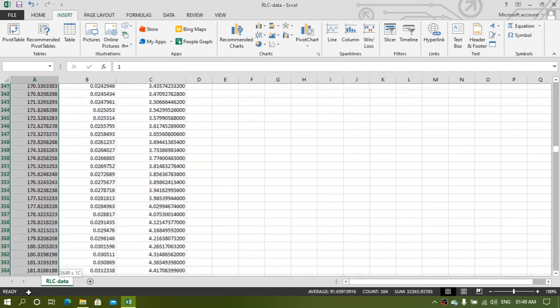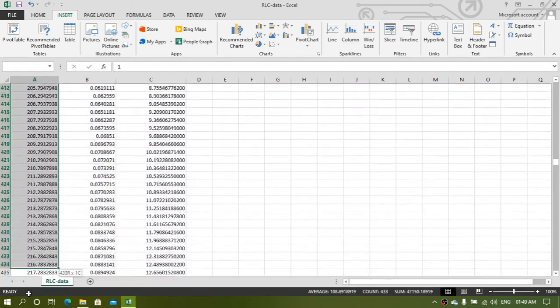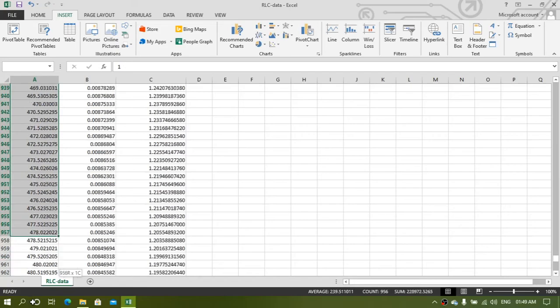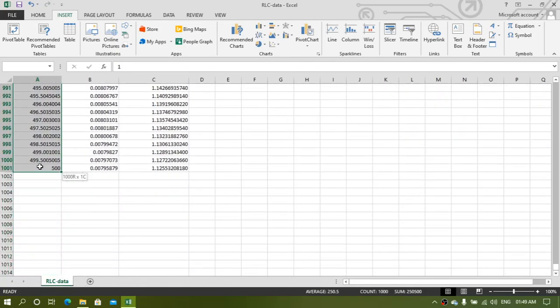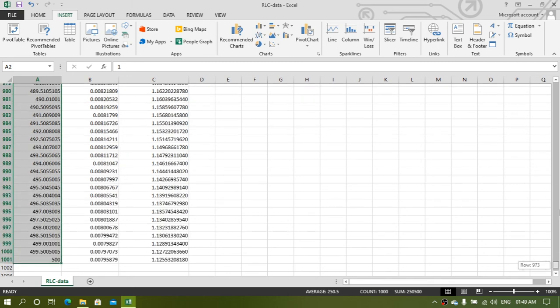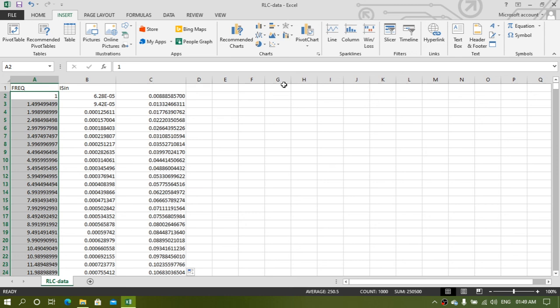don't lose your patience. Every creative work needs some time. Okay, now go to the top and select the peak current column.